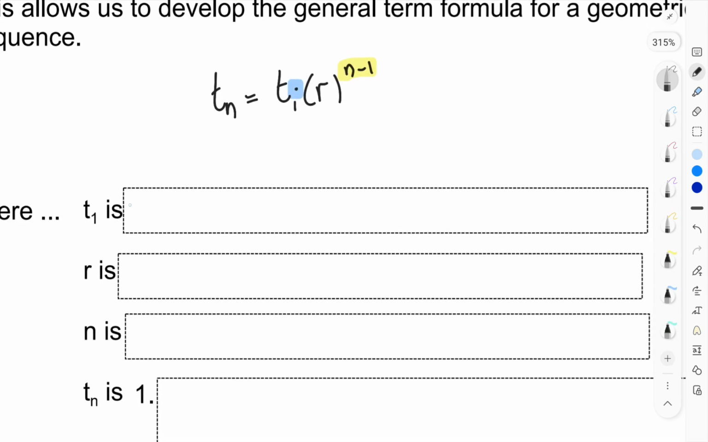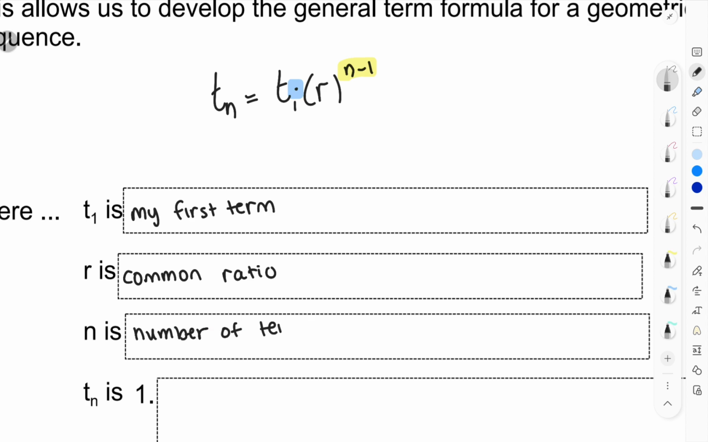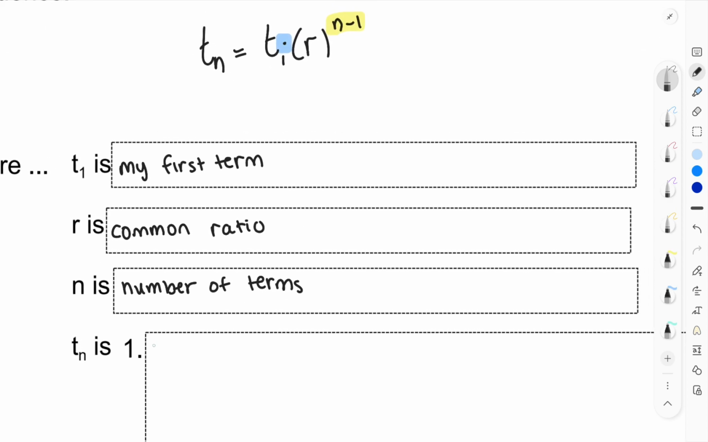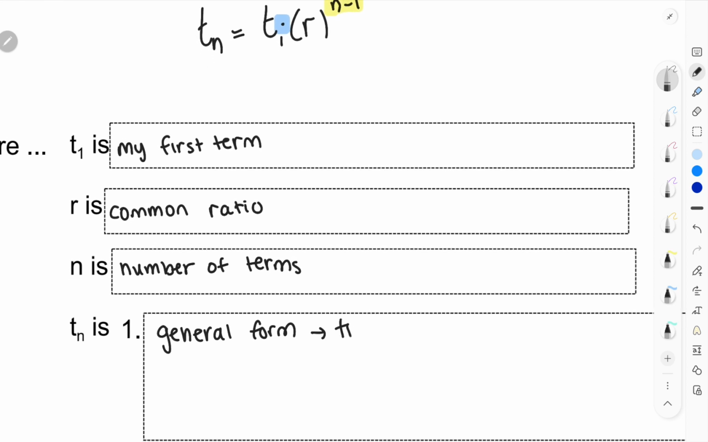Where, just like before, T1 is my first term, R is what I call my common ratio, N is the number of terms, and then Tn, I can describe it a few different ways. Either it can be a general formula, so we call it general form, which again is like a tailored formula. It's specific,